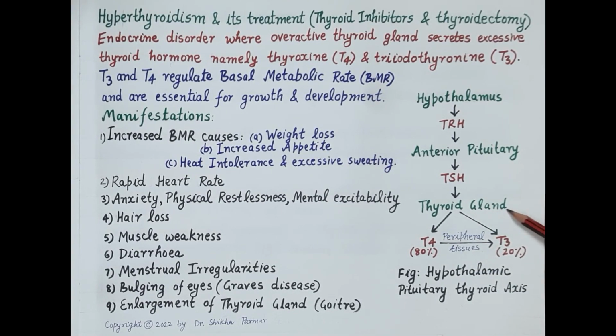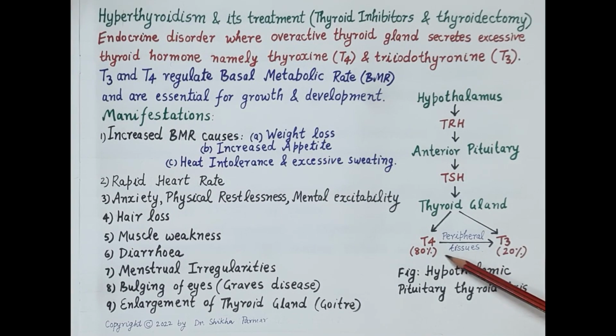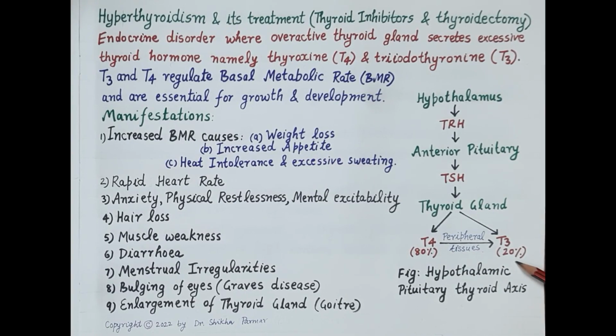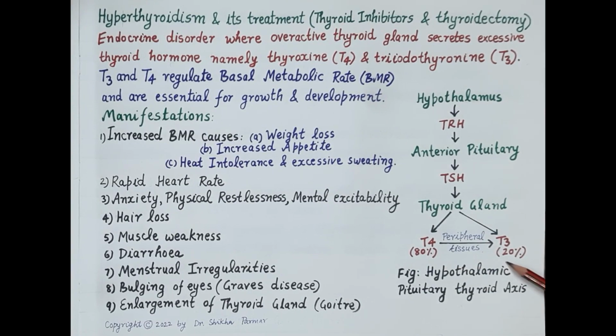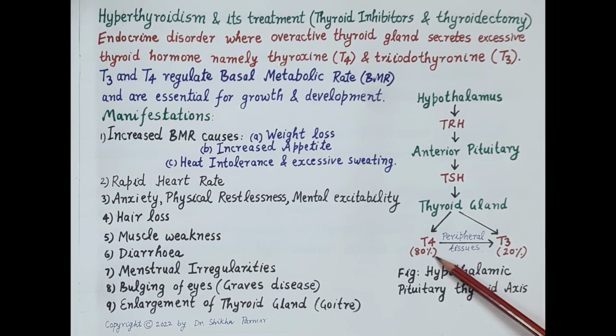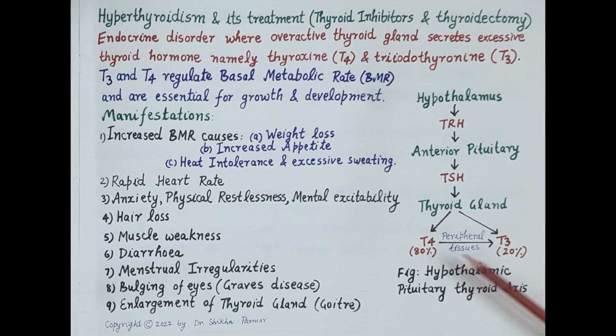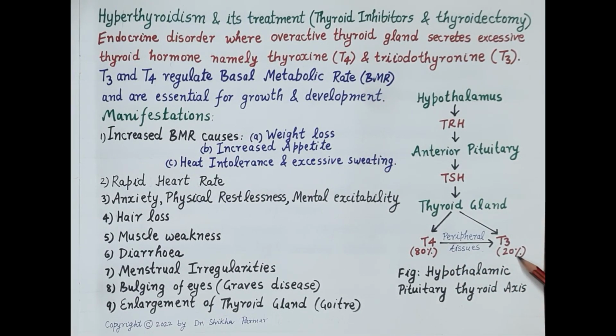Normal thyroid gland produces about 80% T4 and 20% T3. Very important, T4 is largely inactive, whereas T3 is active thyroid hormone. Now, in peripheral tissues like kidney, liver, 1-iodine is removed from T4 by the enzyme deiodinase and inactive T4 is converted to active T3. Now, as per the requirement of body, thyroid hormones are constantly released in the blood by